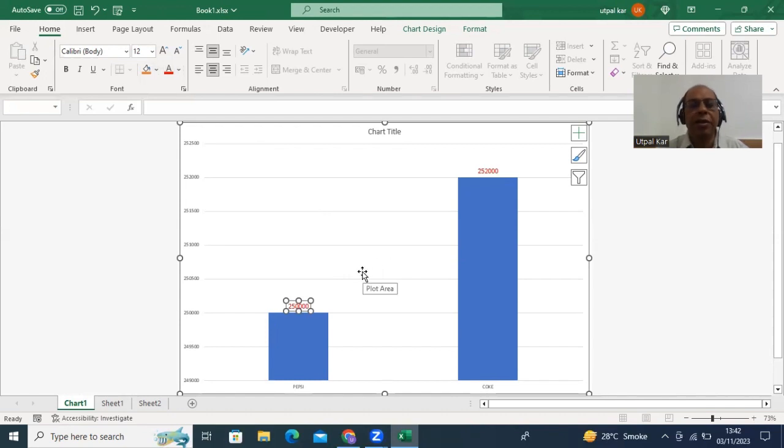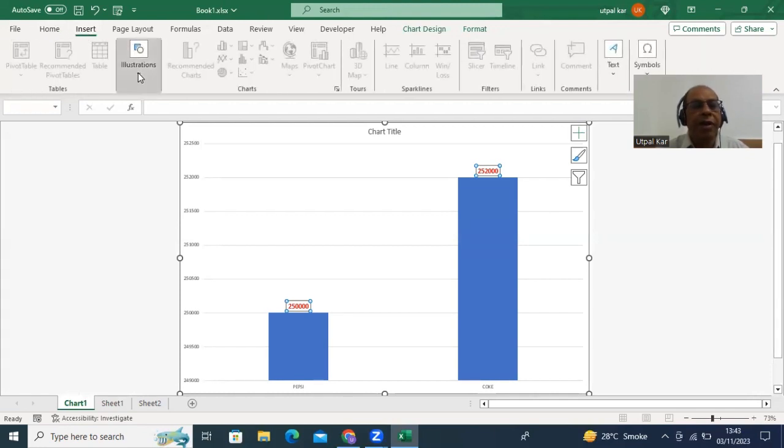In our previous video we already described all these things, but we need to add some creativity so that it looks something different. So what we have done, you will already find on the internet some small images for Pepsi or Coke. Even they are available for Limca and other brands as well. So I want to show the picture of Pepsi and the picture of Coke over here so that it gives a more professional look. So what I'm doing, I'm going to Insert,